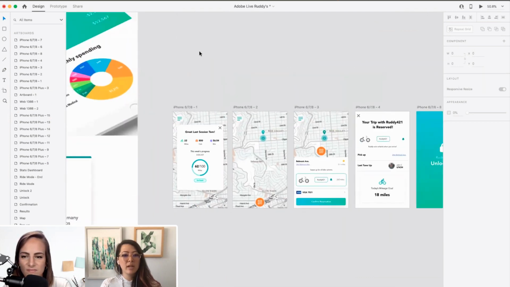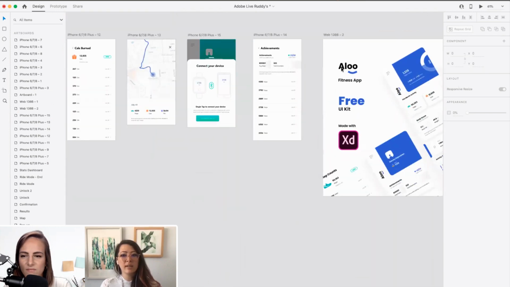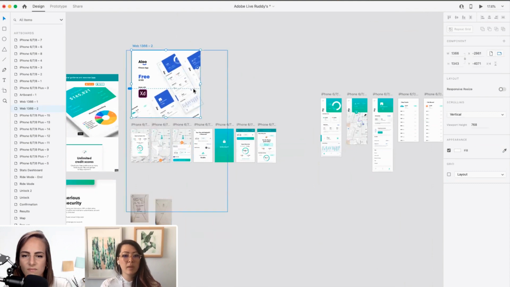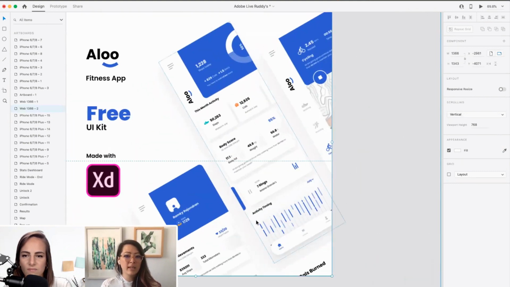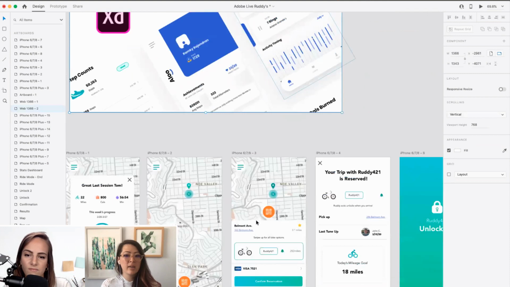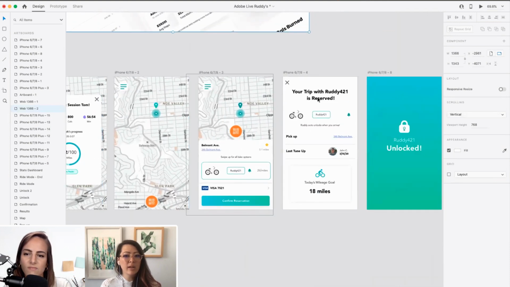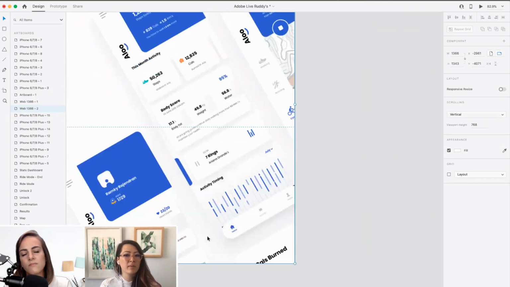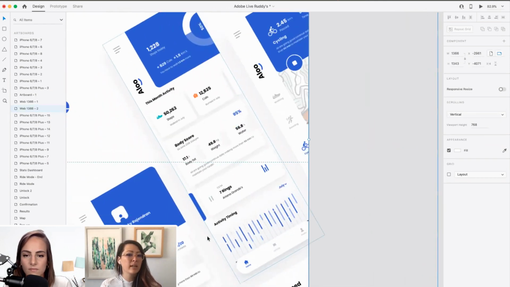Yeah. So now this is looking a lot different. Let's compare it here. So this was the original UI kit, and now this is the new look and feel. You can tell that there's some elements that we've taken from it, but it really doesn't look like the same app. I wouldn't look at those two and be like, yo, you stole it definitely from this guy, right?